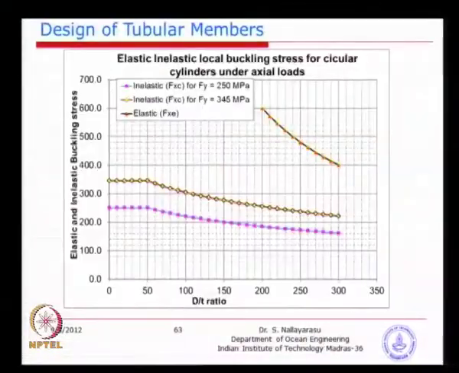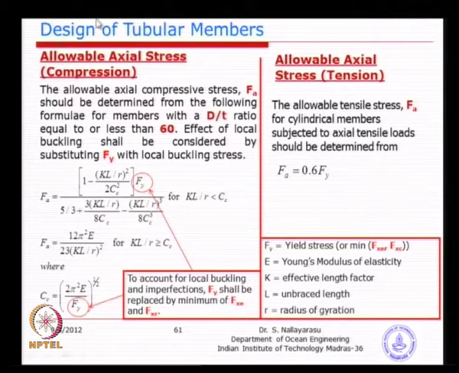So, going back to this page of this formula, there are three things you need to remember. Calculate the KL/R ratio, that is the effective length factor multiplied by length divided by radius of gyration. How do you calculate the radius of gyration? Square root of I by A. So, you can easily calculate that. I is the moment of inertia in the direction of interest. Remember, allowable axial stress you have to calculate very carefully, taking into account the weakest KL/R ratio.